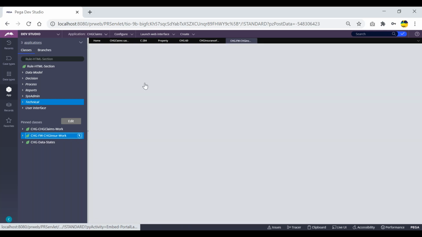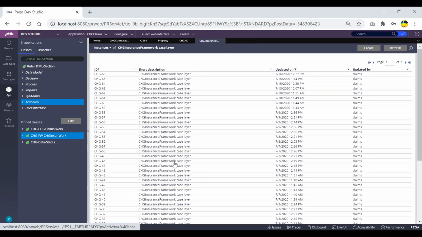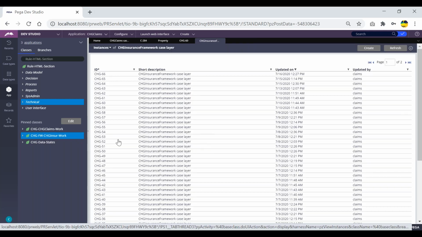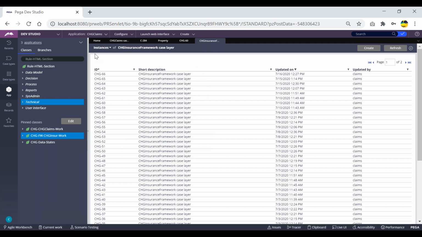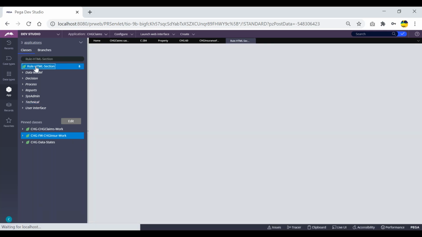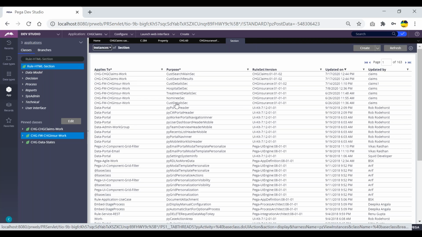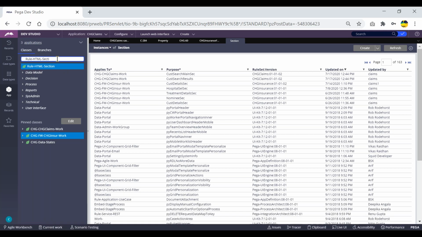Now if I click on this, I will not get any data related to sections or properties. So this class is not the instance class for the section or the properties. Instead, if I click on this, I'll get all the instances of the section rules. So this is the class which acts as the instance class for the section. Getting my point? Similarly, there is one more class called rule obj property.